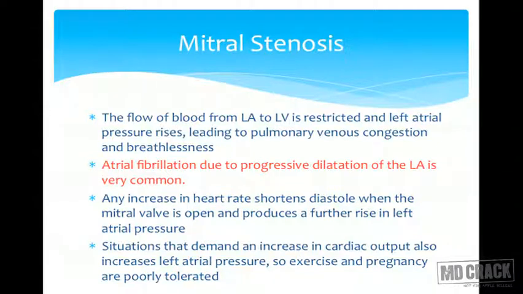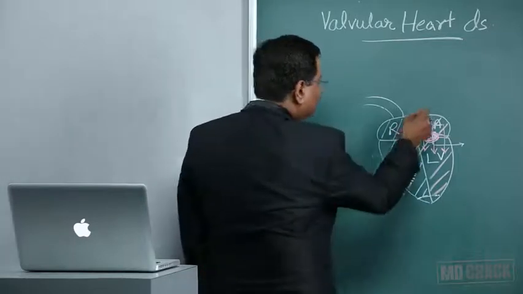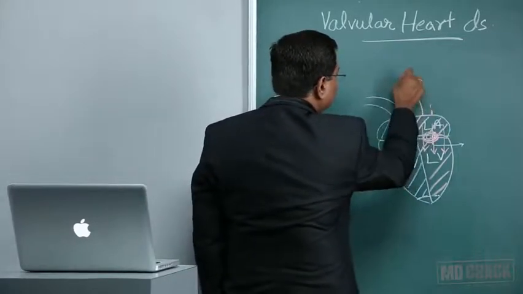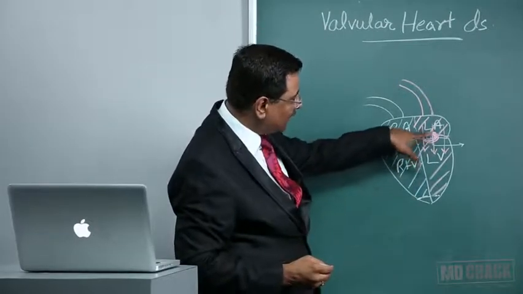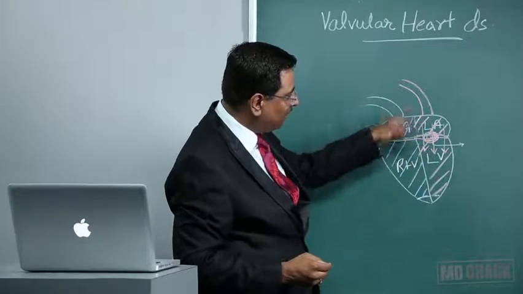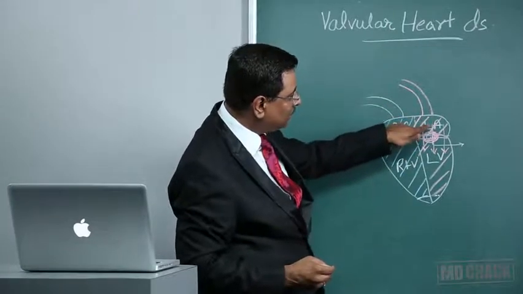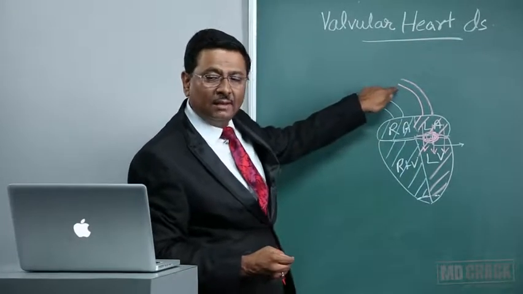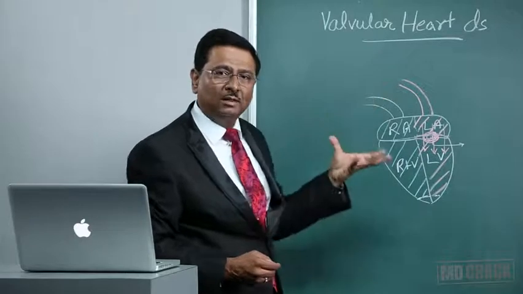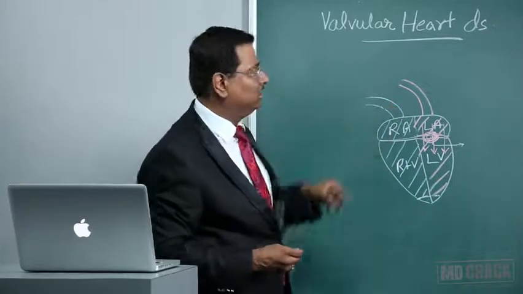The flow of blood from left atrium to left ventricle is restricted, and hence left atrial pressure rises. This leads to pulmonary venous congestion and breathlessness. As you all know, this is connected to the pulmonary vasculature. So when there is stenosis here, the left atrial pressure increases, and this increase in the pressure is transmitted backwards into the pulmonary circulation, and because of this there could be pulmonary venous congestion,